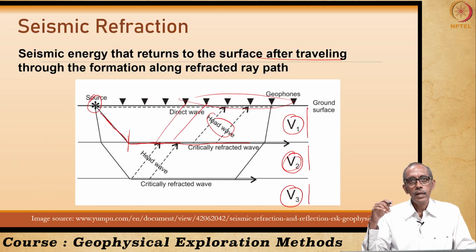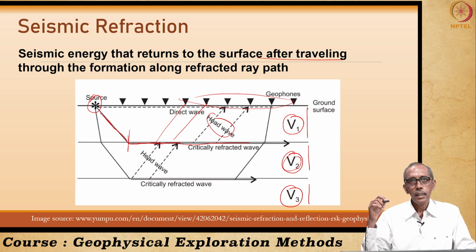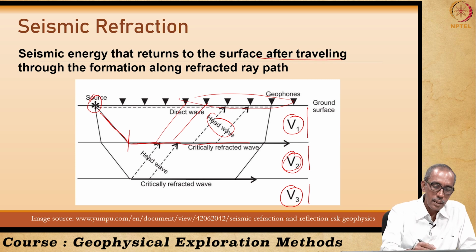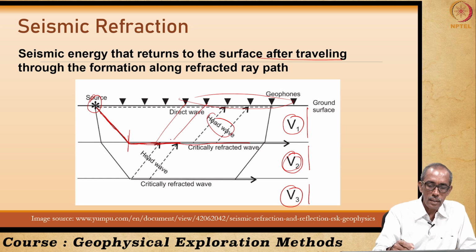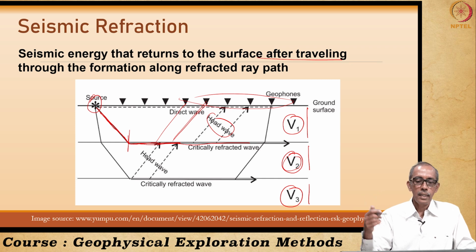So, these head waves are reaching the geophone, right, and these are the refracted signals, because the shock wave has met the interface at the critical angle. So, it got internally refracted, and the refracted signals are also reaching the surface, which is known as head waves, because the geophones kept at the surface are able to hear the noise generated by this critically refracted